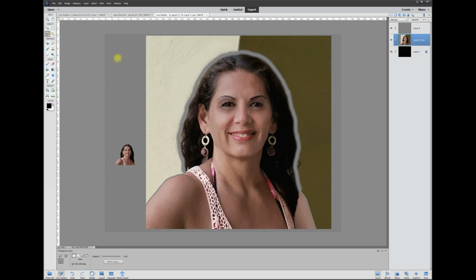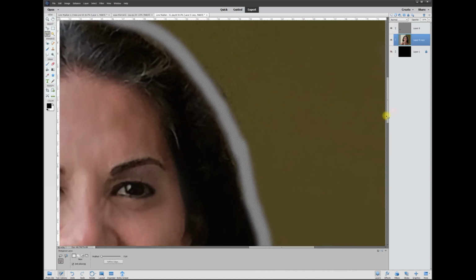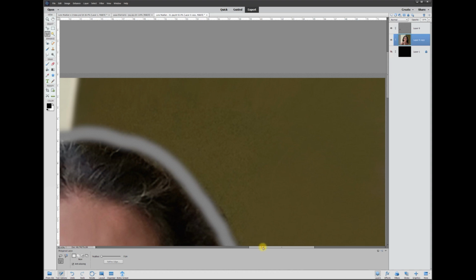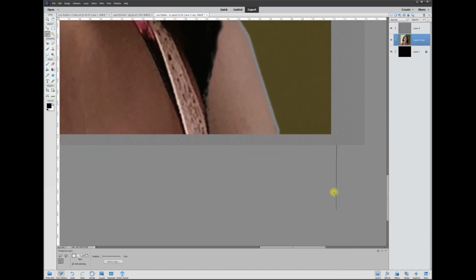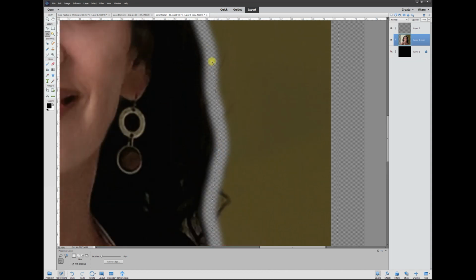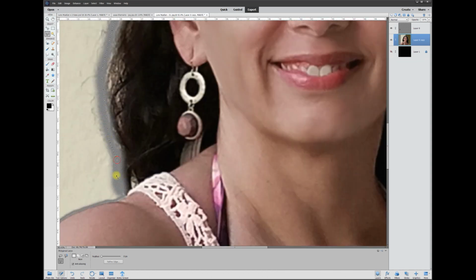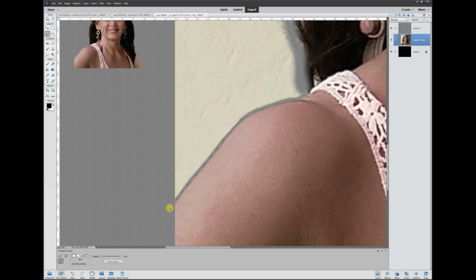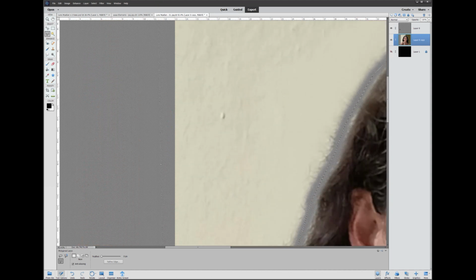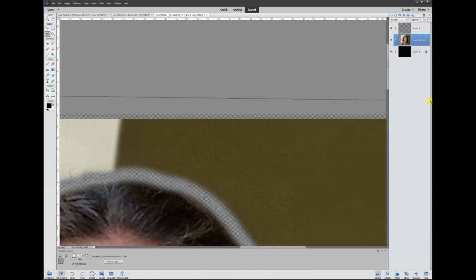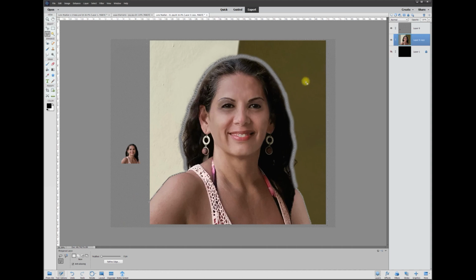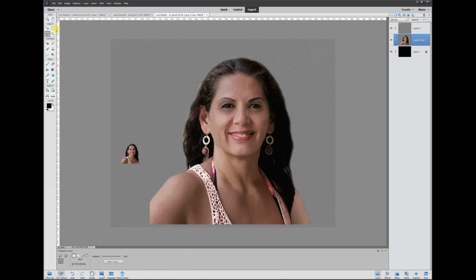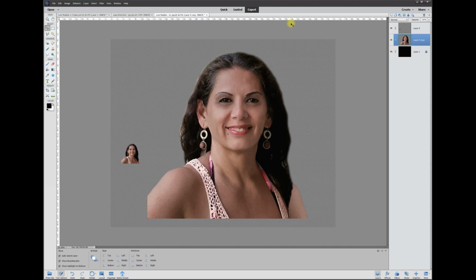Now I'll take the polygon and do as I did before. I'm going to zoom in really far so I don't have to worry about touching any of the lines that I cut out. And I'll start over here. I'm going to basically just cut out the whole background. Once I get to the end here, I'm going to match up the two pieces to start to give us the marching ants. Double click here. I'm going to zoom out and hit delete, and boom, we got us a much finer photo